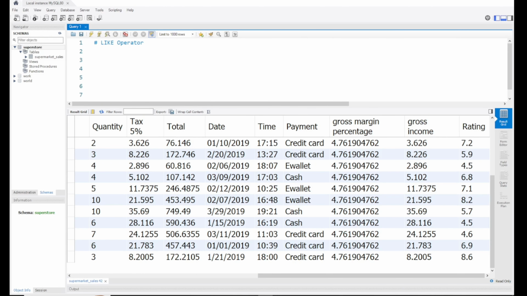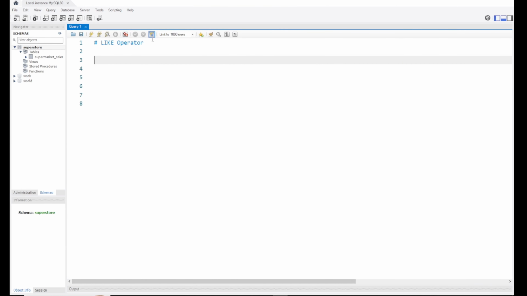In this lesson, we'll be going through the LIKE operator and how it's used in SQL. The LIKE operator is used in the WHERE clause to check for specific patterns in a column. There are basically two types of the LIKE operator. We have the percent sign, and percent basically stands for